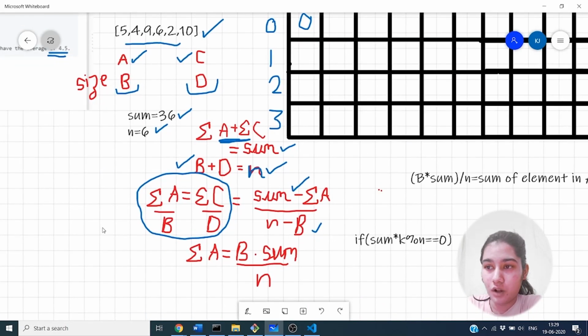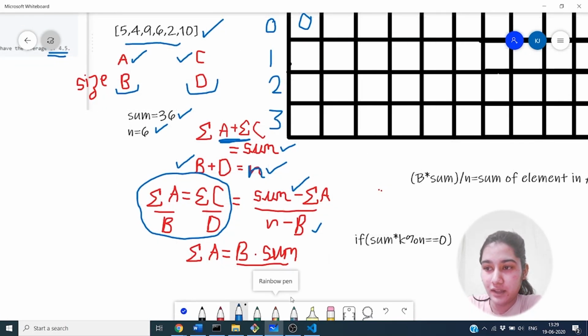Solving this condition, we get the sum of A equals B into sum divided by N. As all the elements in A are integers, this will also be an integer value itself.